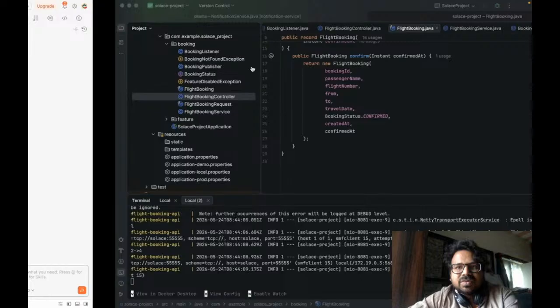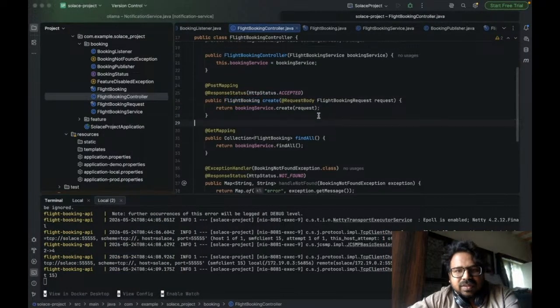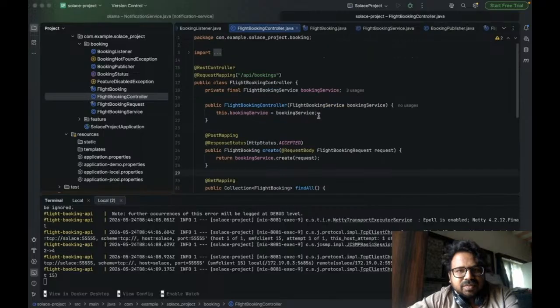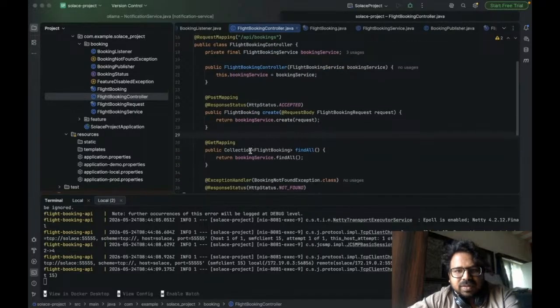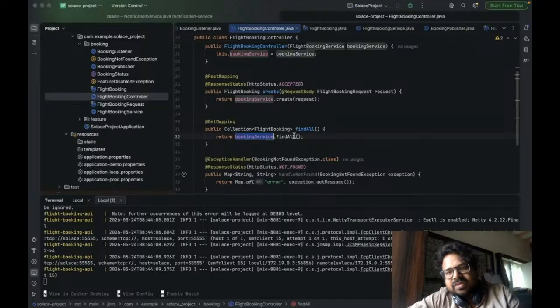Let me show you that also. That should be also in the container, right? So here you can see, just look for the GET mapping. Yeah, this is the GET mapping. So what it is doing, simply it is calling booking service and finding all the data which is there in